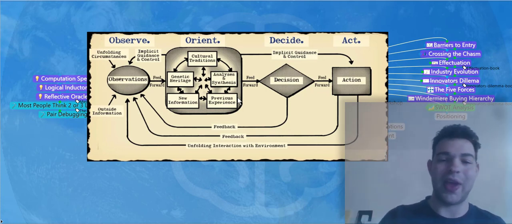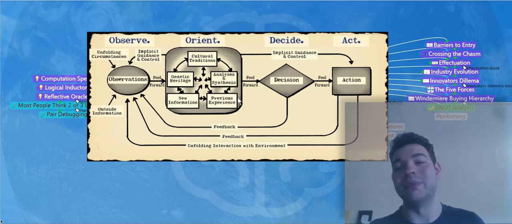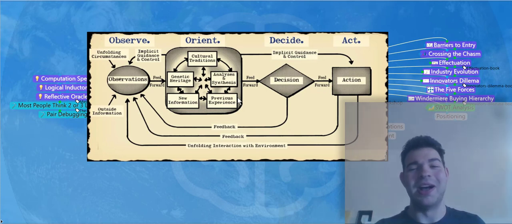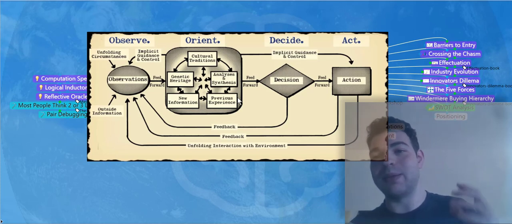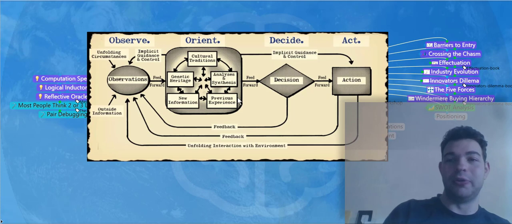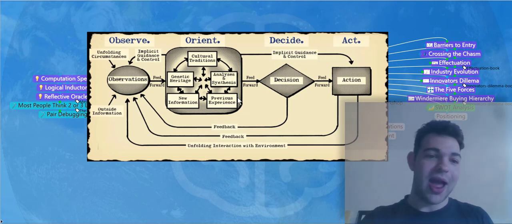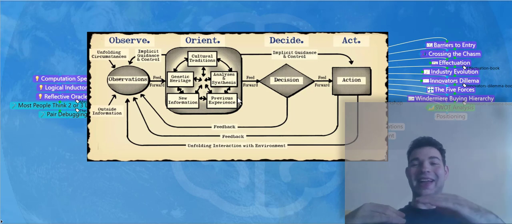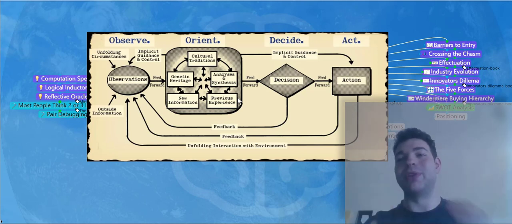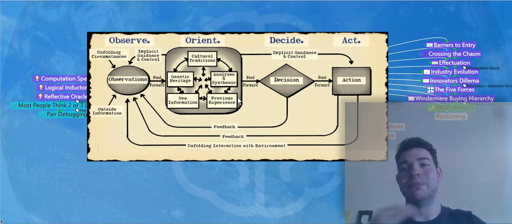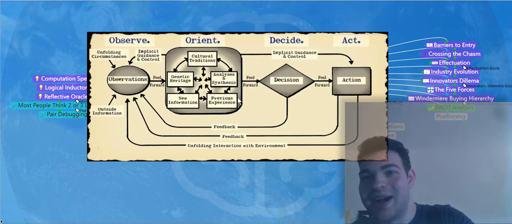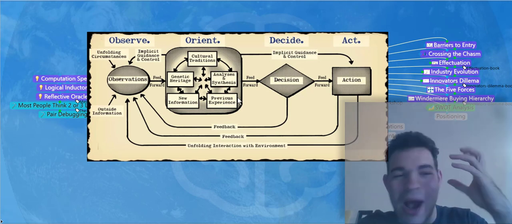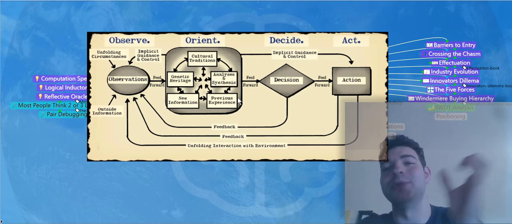Now you have to know how they orient, and you have to be very careful about the observations that you make. The really interesting thing here, when you start talking about getting inside their OODA loop in those two ways, is that they are trying to do the same thing to you. So they're trying to get in your OODA loop, and you're trying to get in their OODA loop, and it can recurse up, right? You can go as many levels deep as you want with this, where I know that you know that I know, and so therefore, how is what I'm doing related to my actual strategy?